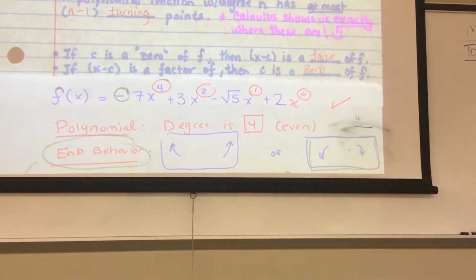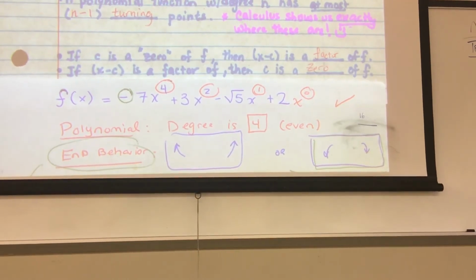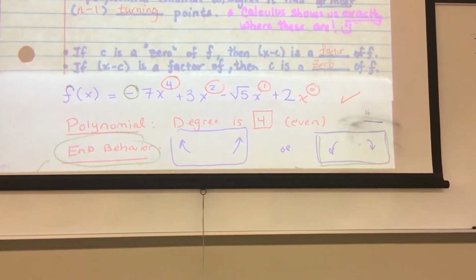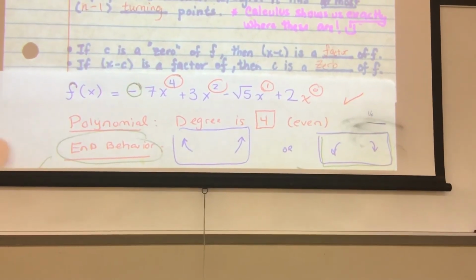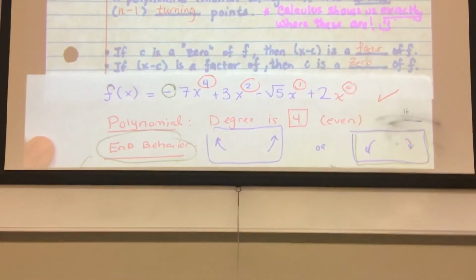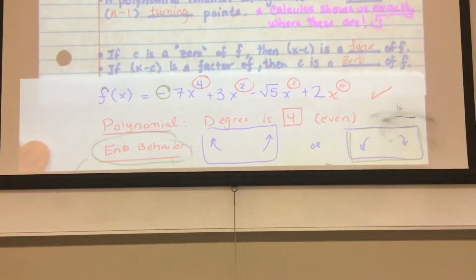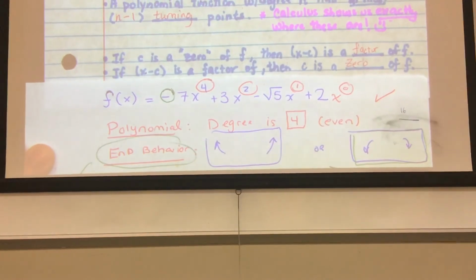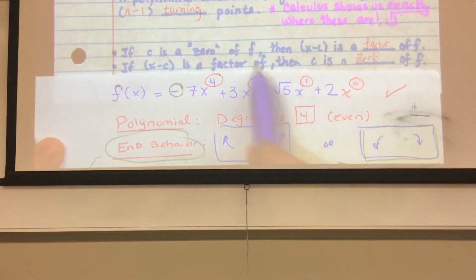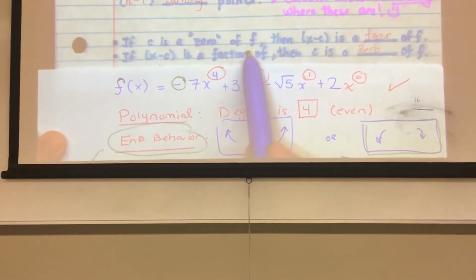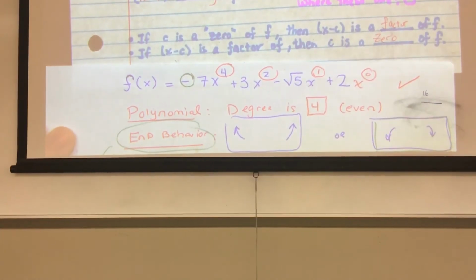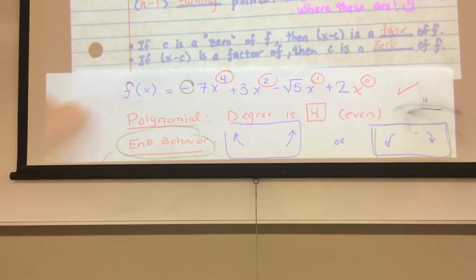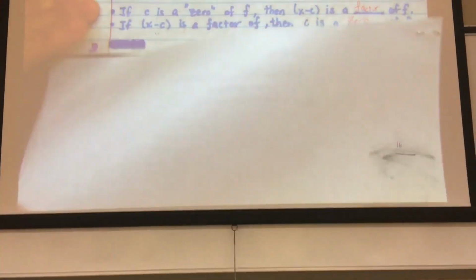So later today, we'll do long division to check if a factor really is a factor. Is there a remainder? All right, so what am I saying here? If I told you, for example, that 3 was an x-intercept of this polynomial, I'm making that up, it turns out if 3 was an x-intercept of this, then x minus 3 would have to be a factor. Well, that's interesting. Let me show you one that you might actually believe. What if I had some